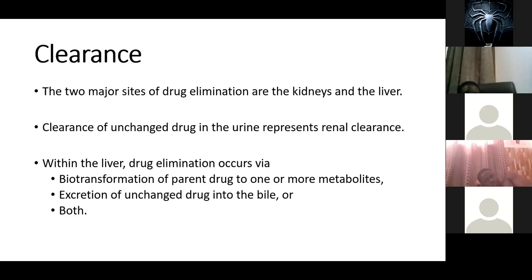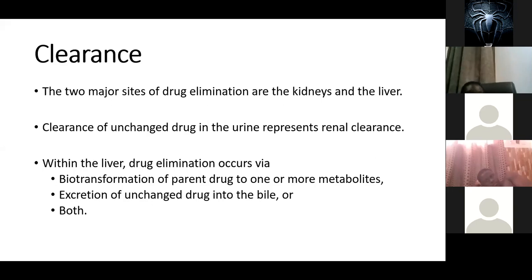The two major sites of drug elimination are the liver and the kidneys. If the drug is cleared unchanged in the urine, that is renal clearance. When you take the liver, there are two things that can happen. Either the drug undergoes biotransformation to one or more metabolites, or it is excreted unchanged into the bile, or both